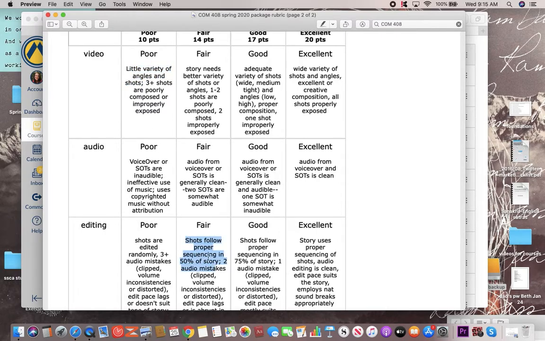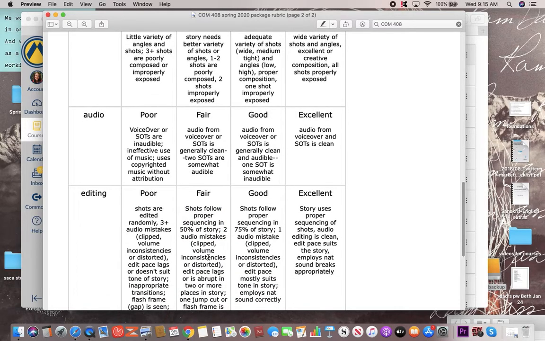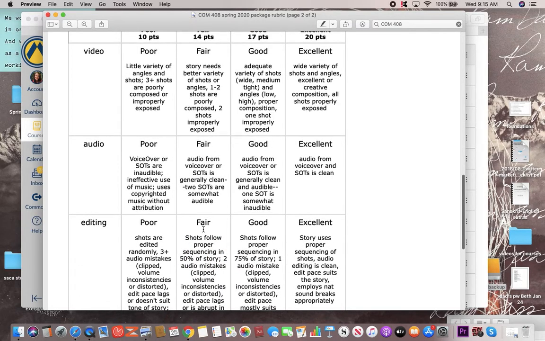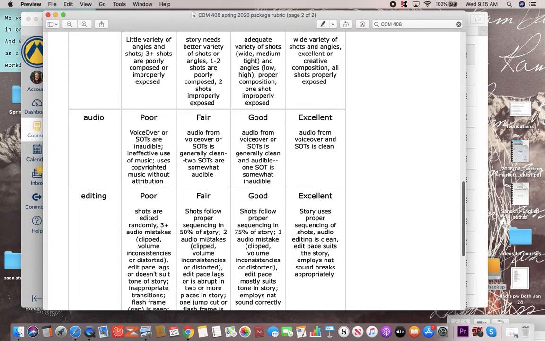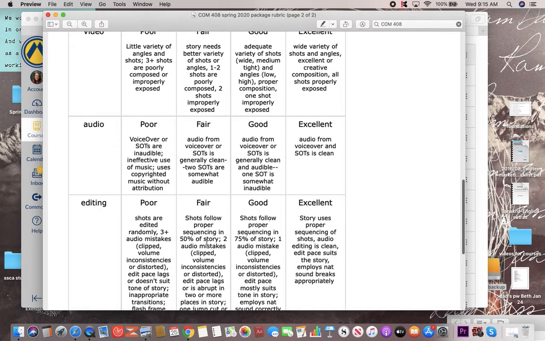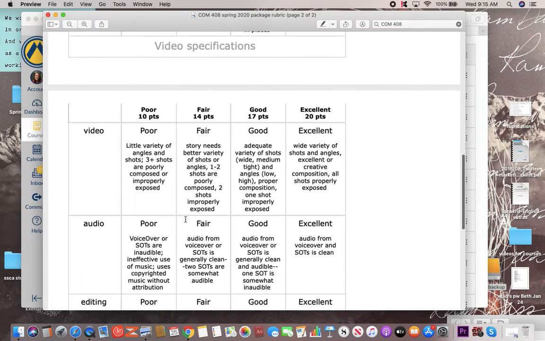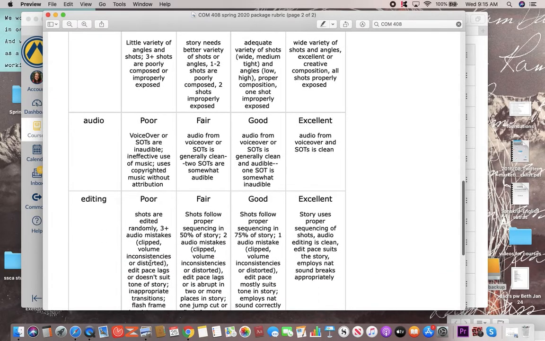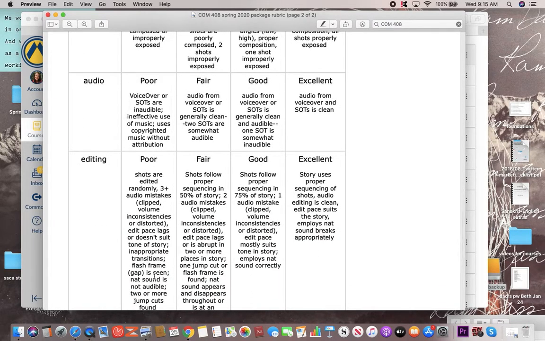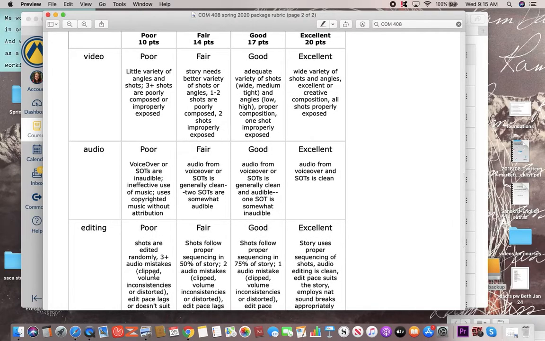And so I'm still seeing some issues with sequencing. I don't know if you've looked at the PDFs, the rubrics that I've put together, some of your feedback, but I'm still not getting proper sequencing. A lot of the video I'm getting is just wallpaper, and you're just showing jump cut to jump cut to jump cut to jump cut. And that's not what